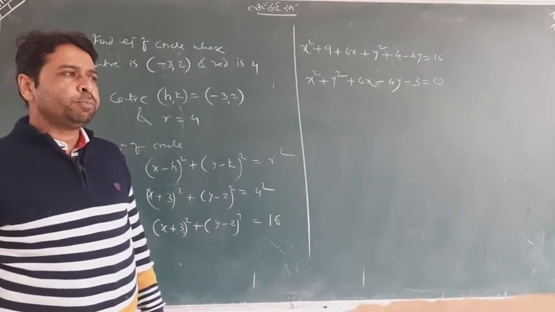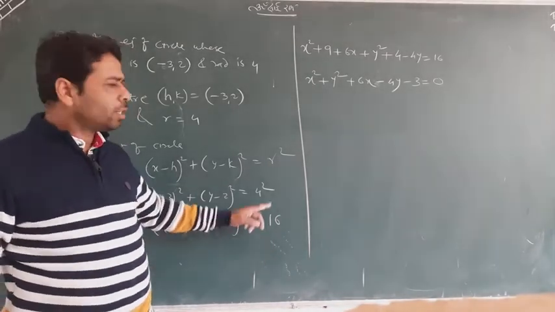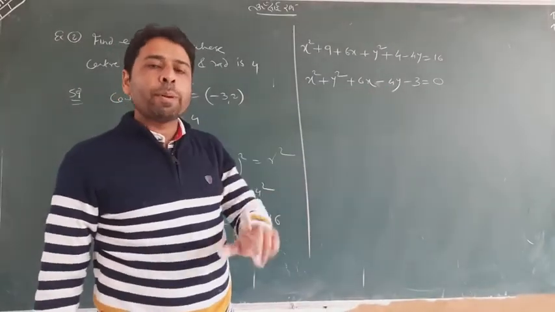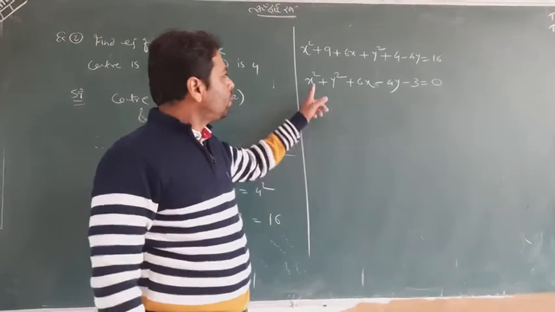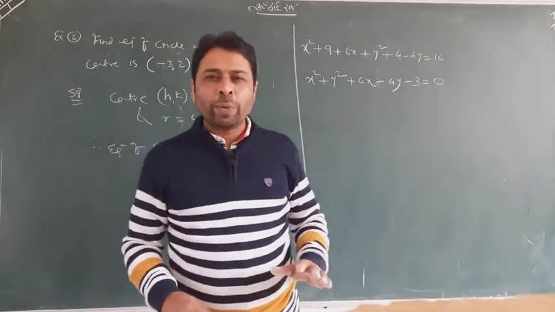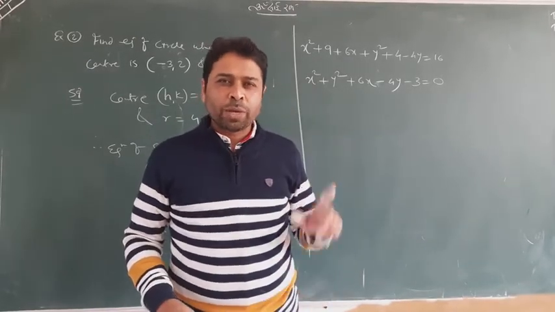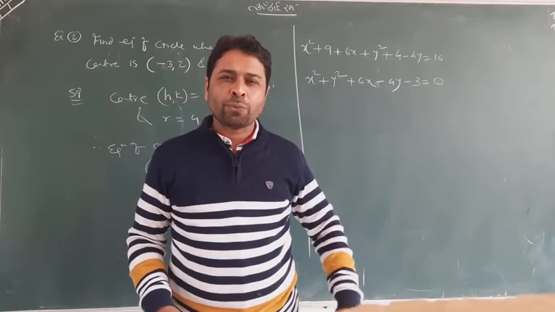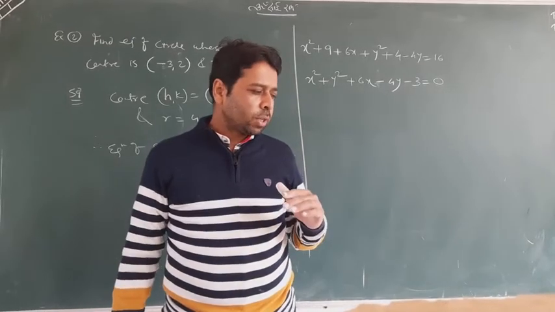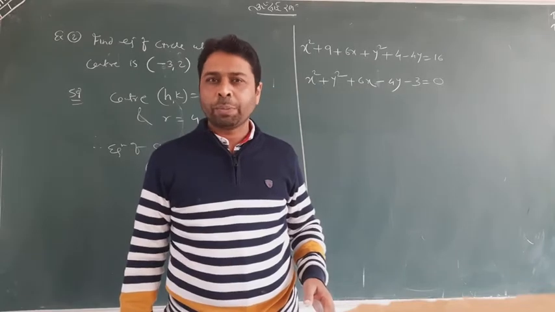What I want to draw your attention to is that after opening the equation, you will have a general equation. Now remember the formation of the general equation, in which x square will come, y square will come. In the equation of a line, we saw five types: one-point form, two-point form, intercept form, point-slope form, and lastly the normal form. But the last answer is always the general form, ax plus by plus c.